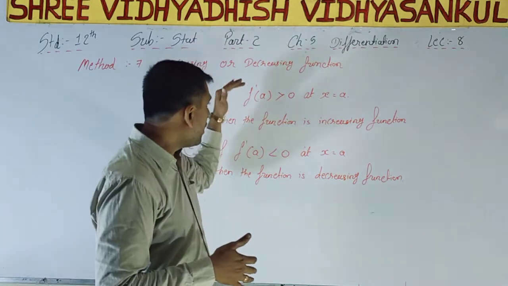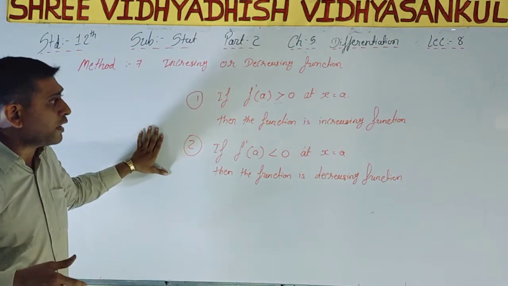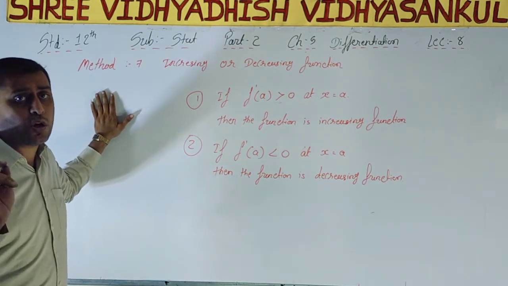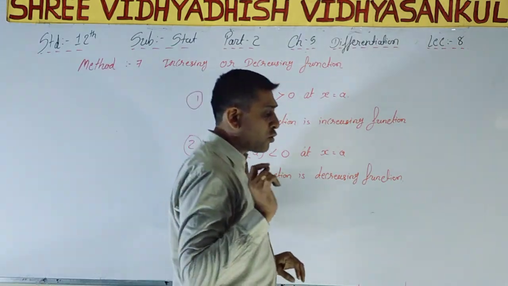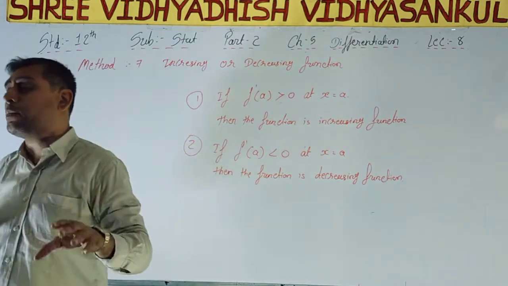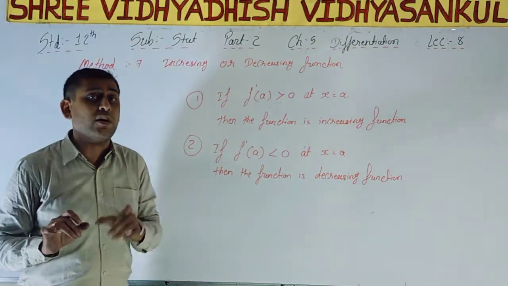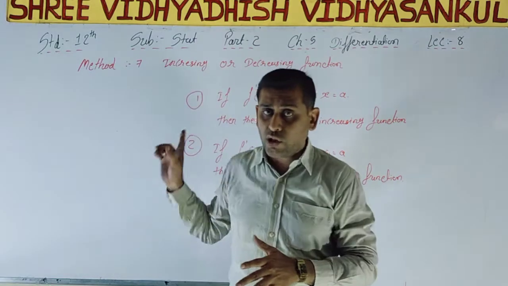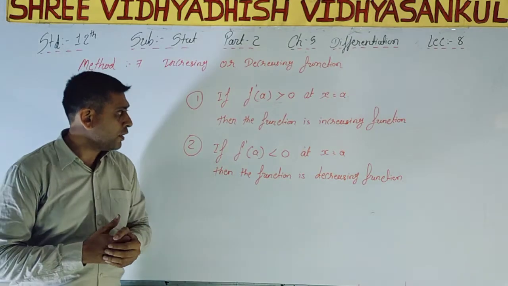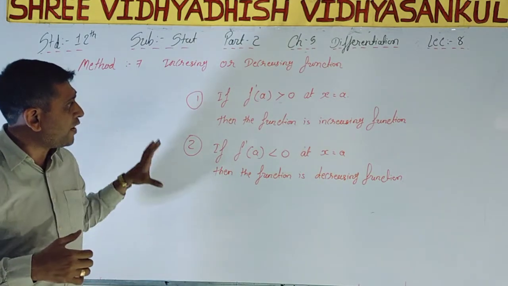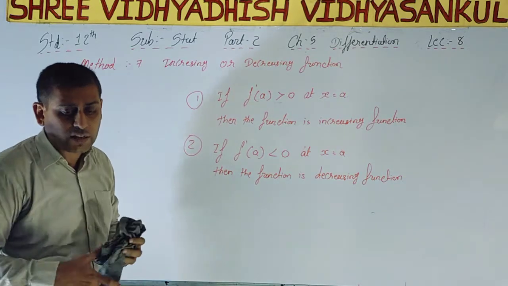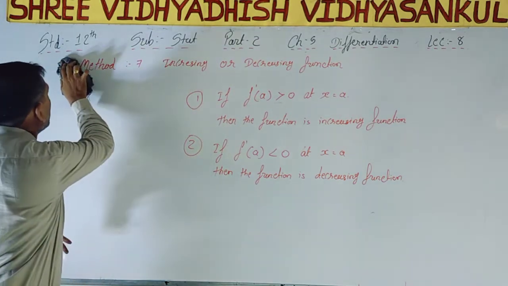First of all, write down these two rules in your fair book, that is your illustration book, and this one is your method number 7. Please, I forgot to write down method number 6 as the second derivative. So please write down that method as the second derivative, method number 6, and this one is your method number 7. Now the rule for method number 7 is over. Now I am doing the practical question, that is illustration number 23.